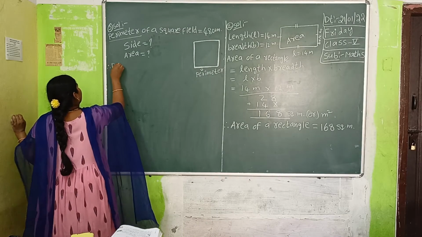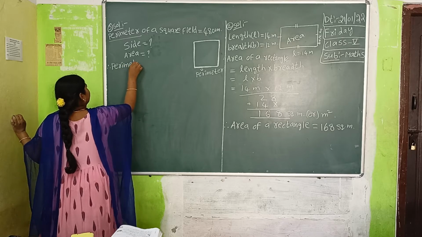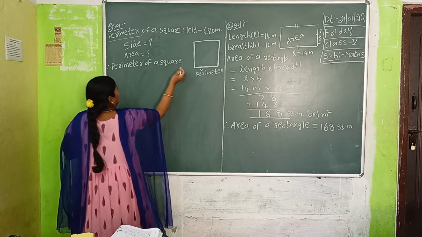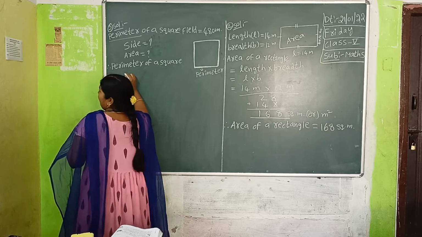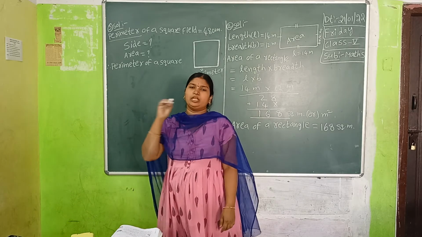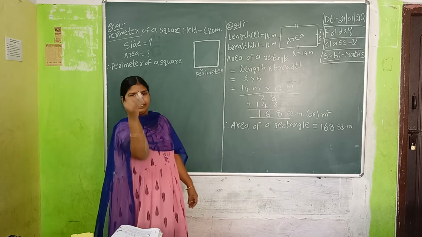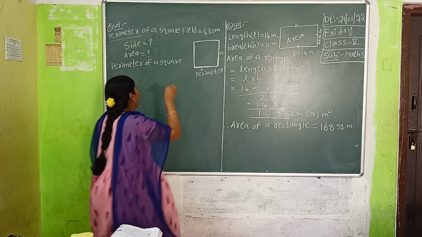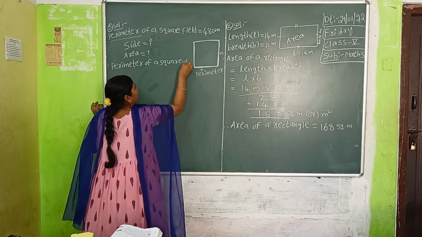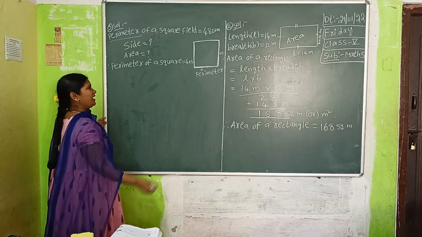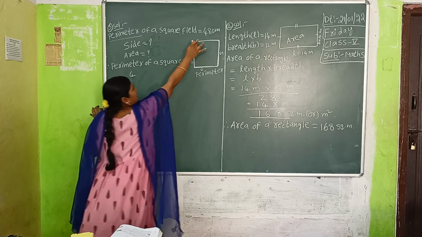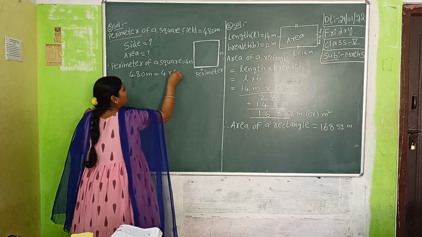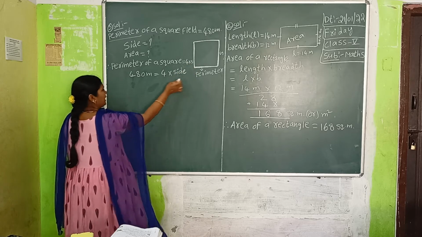Therefore, perimeter of a square. What is that formula? Perimeter of a square formula, children. 4 into side. We want the total now. One is known as side. We want 4 sides, so multiply with the 4 into S. S is nothing but side. The given perimeter from the question is 480 meters, and the formula is 4 into side. S is nothing but side.